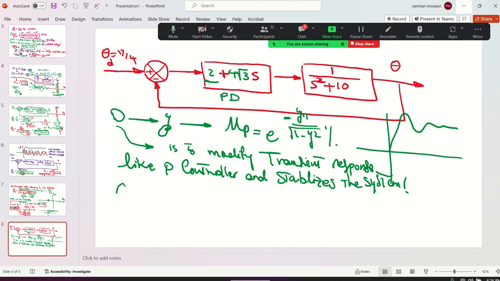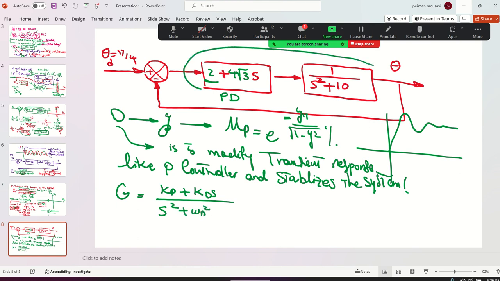So your new open loop transfer function is this. That's right. After designing the controller, this is your new G. I'm just putting in the parameters of G. You got it, everybody? Now I'm asking,